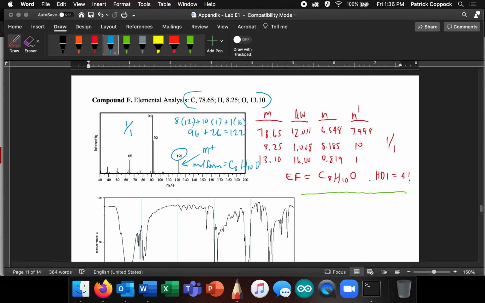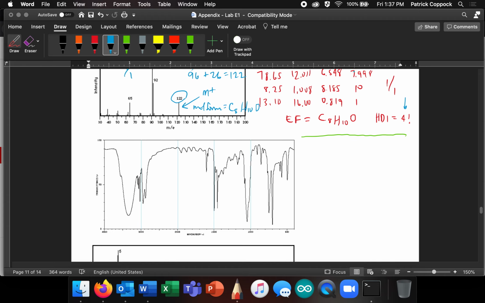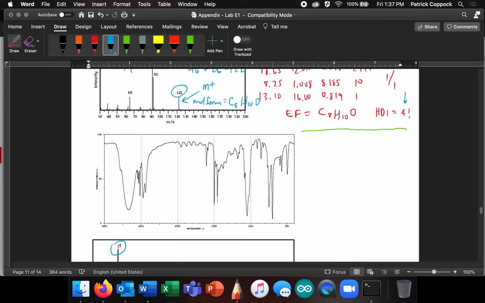Now let me scroll down a little bit and say we have to do the constitutional isomers. So let's assume that we have, you know what? I don't want to just assume it. I think I have a benzene ring in there because my HDI is 4, but let's peek at the NMR. Boom. Wow. And look at that. It's got 5 hydrogens on it, okay? So look at that. We really saved ourselves some time by taking that sneak peek, right? And if it's got 5 hydrogens on it,